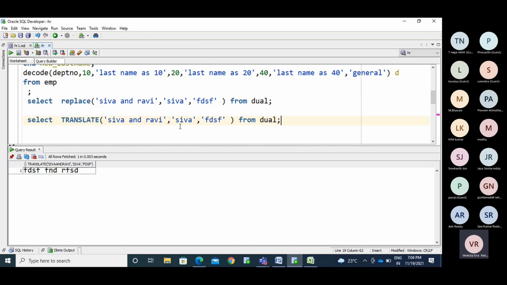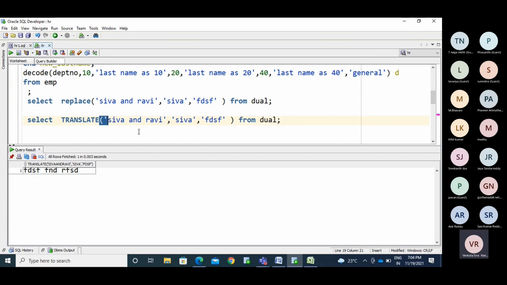Wherever I have S, it replaces with F. Wherever I have I, it replaces with D. Wherever I have V, it displays S. Wherever A, it replaces with F. See, S replaces with F. Okay, I replaces with D.